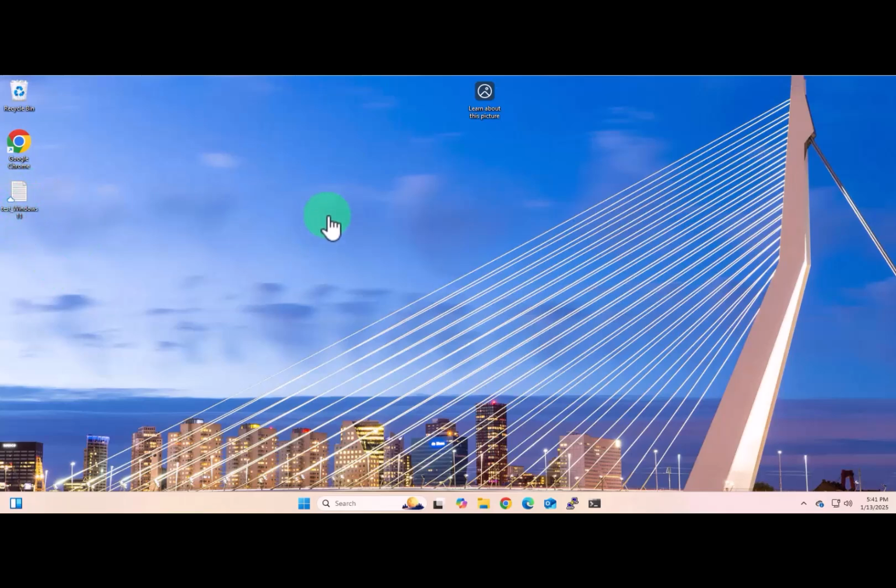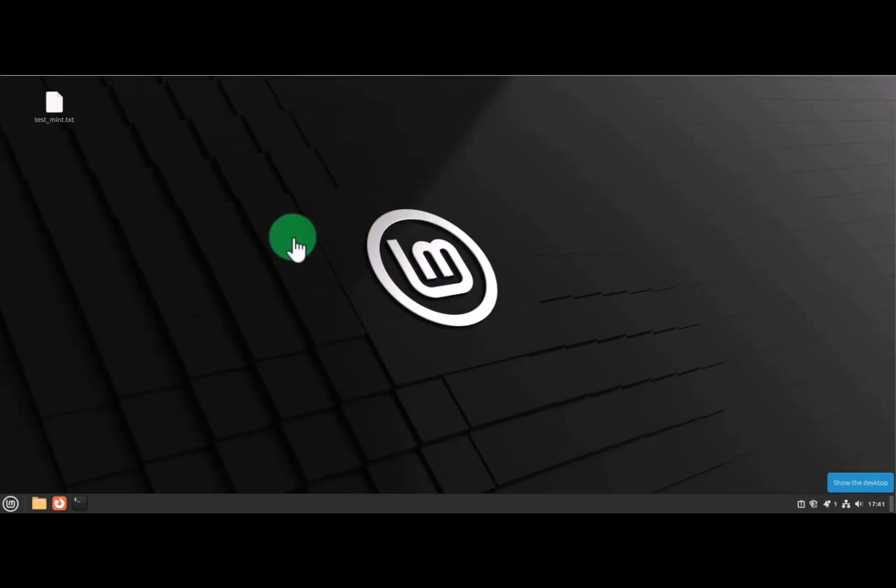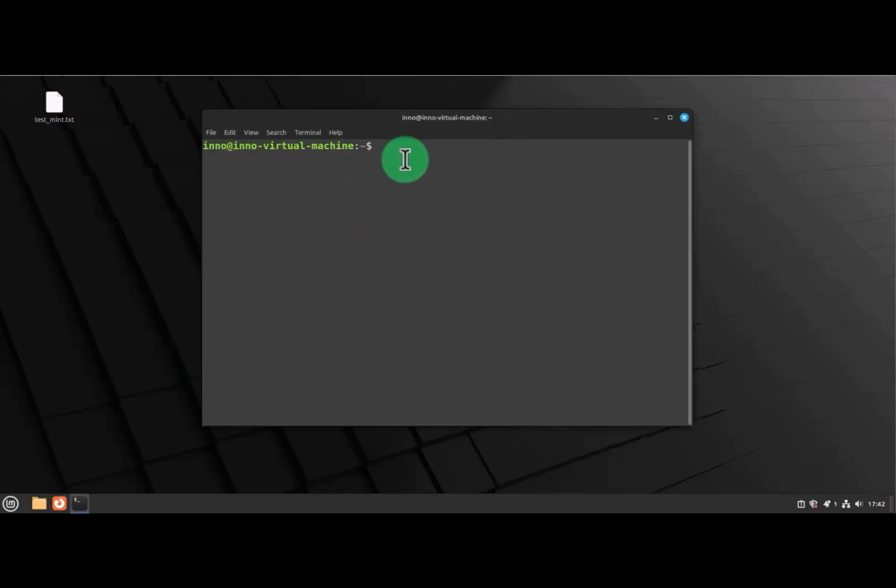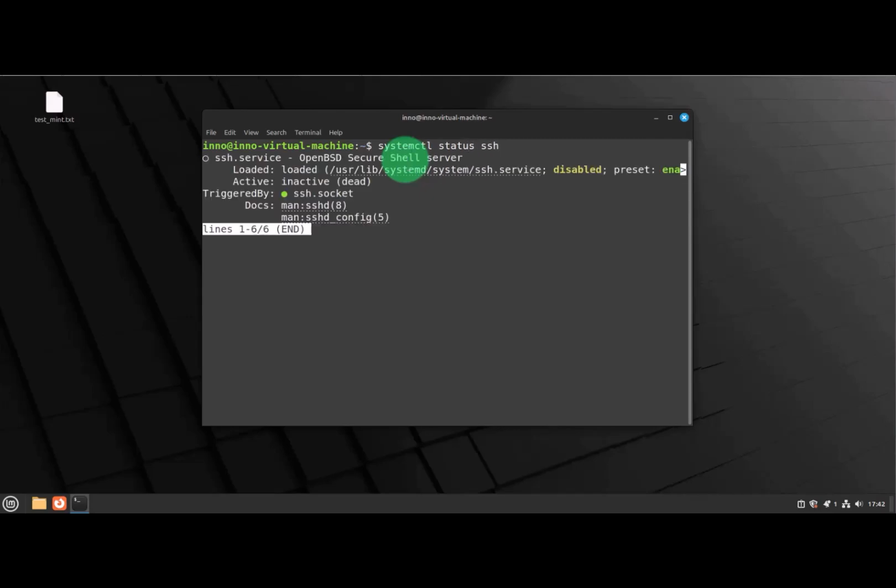Now on the Windows 11 we'll need a tool called WinSCP that uses SSH. We'll need to download and install it, and on Linux Mint we just need to verify that we have SSH installed and running. Now I'm gonna open the terminal, and to check if SSH is enabled and running, we'll use the command systemctl status ssh,